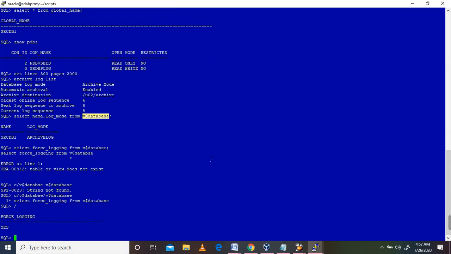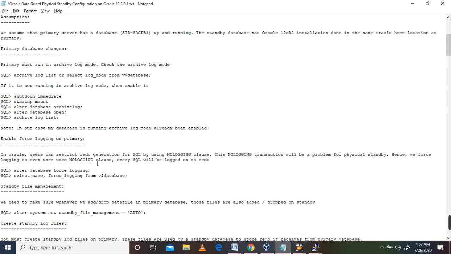So force logging is already enabled. In Oracle, users can restrict redo generation for SQL by using the NOLOGGING clause. This NOLOGGING transaction will be a problem for the physical standby. Hence, we need to enable force logging, so even if a user uses the NOLOGGING clause, the SQL will be logged to the redo. So we need to enable alter database force logging. It will be enabled, and we can check it.